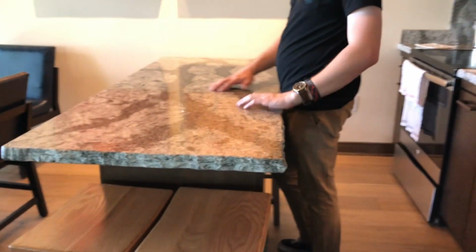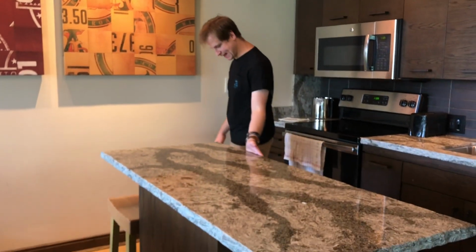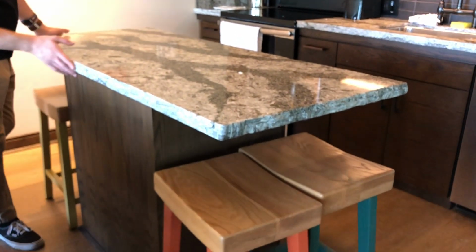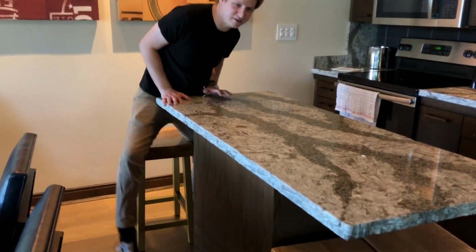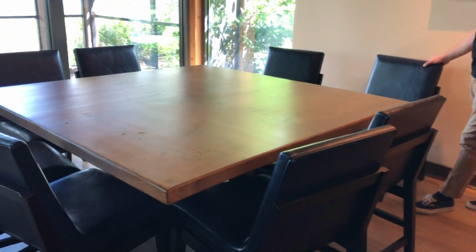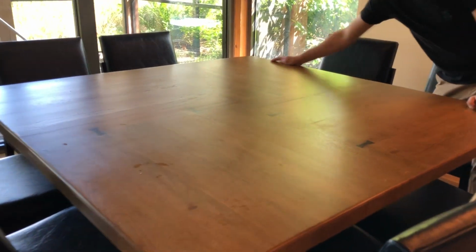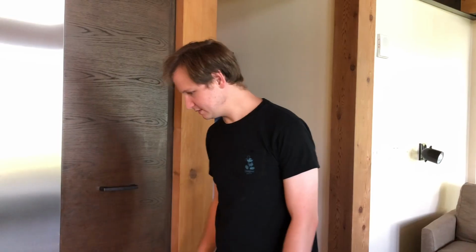So right behind us, we have an island, which, you know, beautiful design right here, very nice. And then it's kind of like a jagged edge feel. Really nice, it sticks out. You got your stools, so if you wanted to sit down, maybe eat something on the island, you can do that. You got the full kitchen table right here with 8 chairs. And again, very nice table, and the design looks as if it was kind of stitched together here. And there's one last